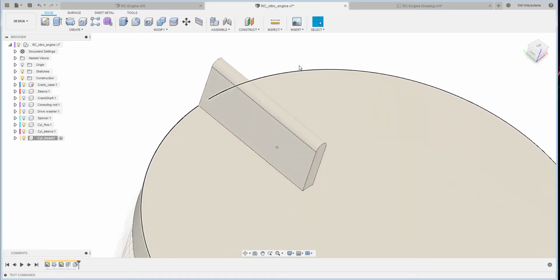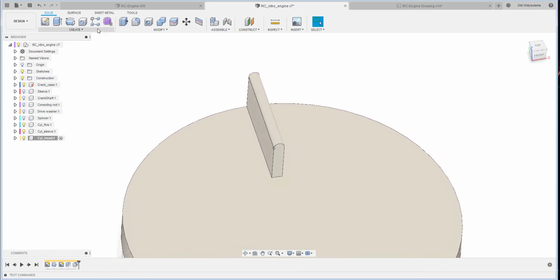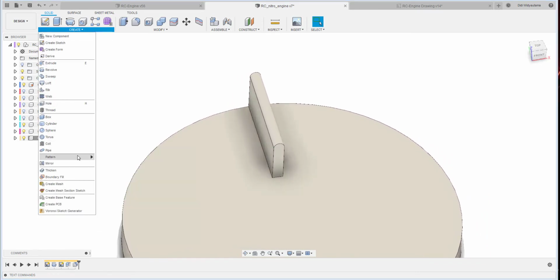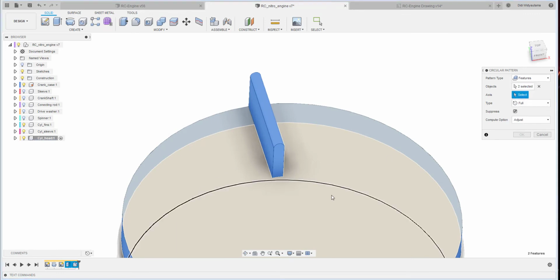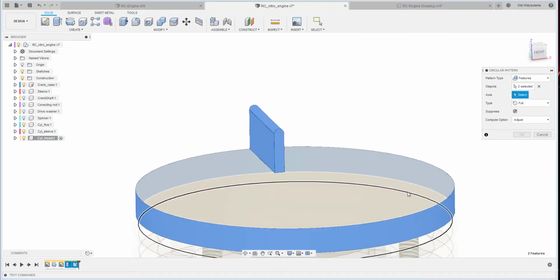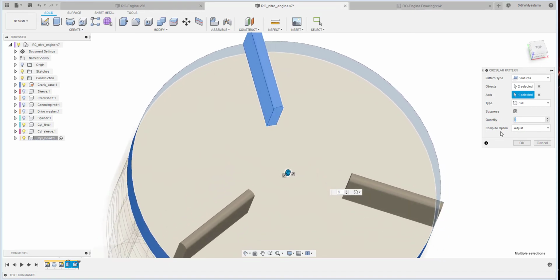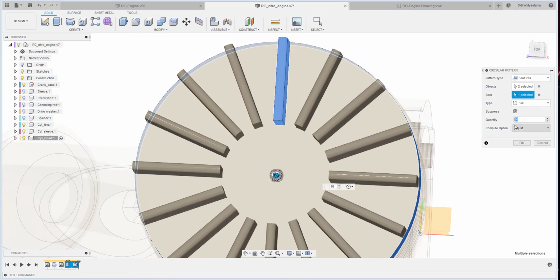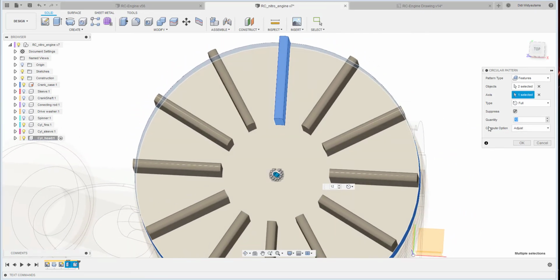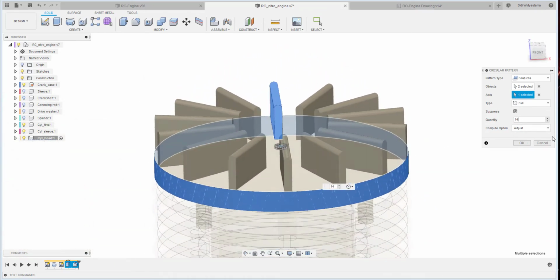and then from here I just want to make a pattern to the feature, this one, then the axis would be this one, and then the instances. Okay, now maybe, yeah, I think 14 is good. Okay,